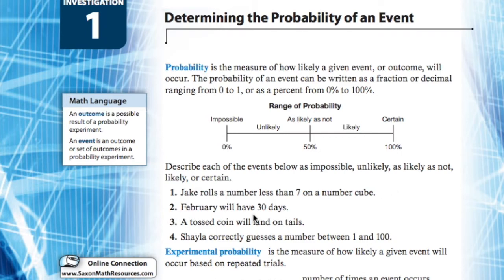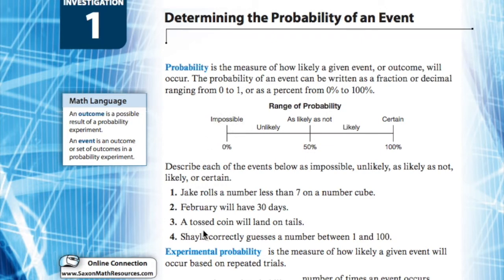In number 2, February will have 30 days. Well, February has 28 days. On a leap year, it's got 29 days. Because of how our Earth rotates, 365 days a year is actually one day too short overall. So every fourth year you have to have an extra day built in, because there's actually more than that 24-hour span in each year. So we build in that extra day to make up for that total time for that orbit. February will never have 30 days, therefore it is impossible.